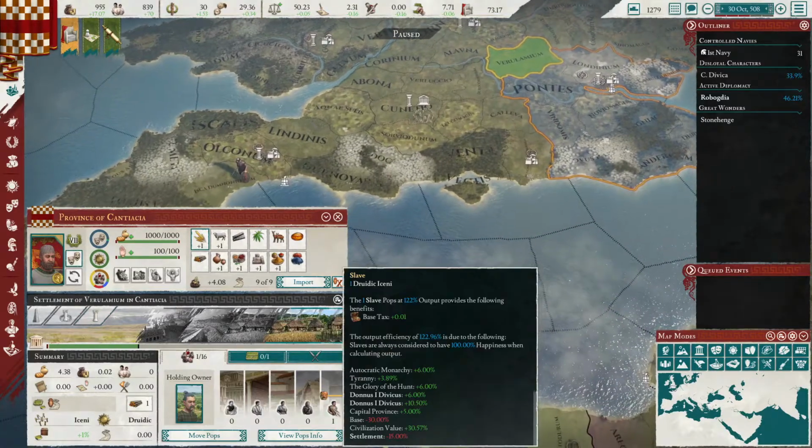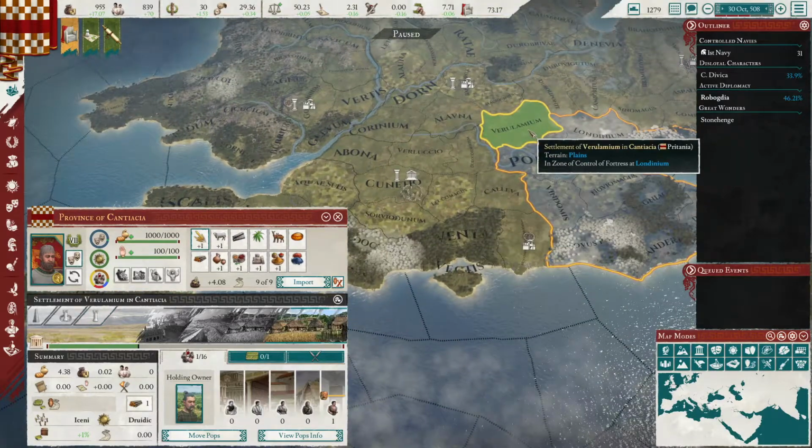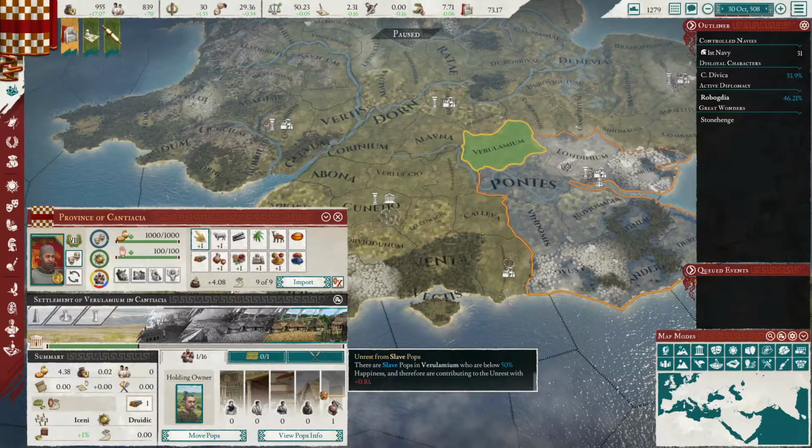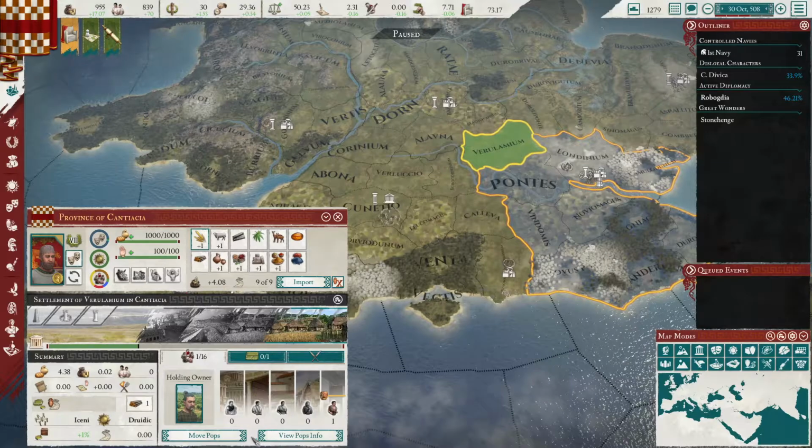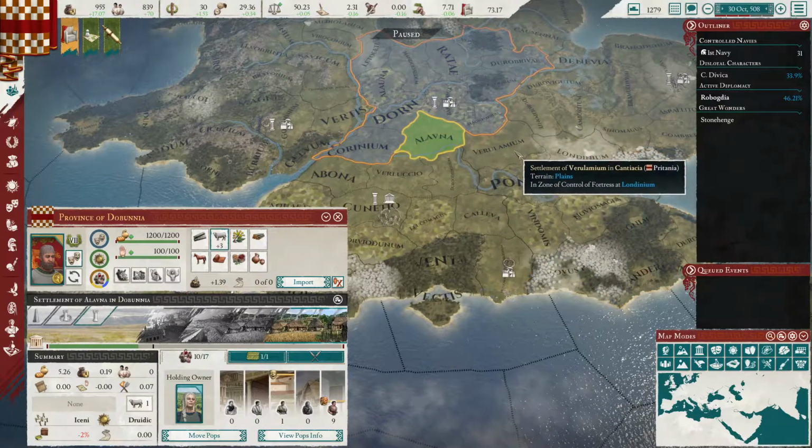Okay, that's actually the last slave. So let's not move the slave over from here. That's a little dicey, actually. Should have left a second slave there, but I didn't realize there were no other pops. All right, so let's not move any from...